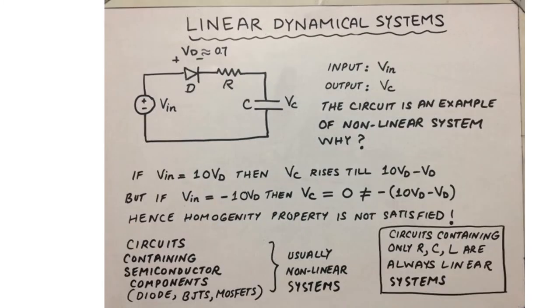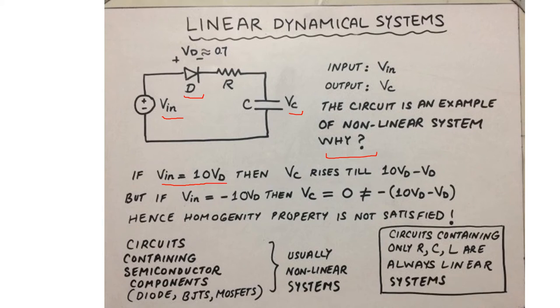Now let's take an example of a nonlinear system. And here we have a diode, the same input Vin and the output Vc taken as the voltage across the capacitor. Now we claim that this circuit is an example of a nonlinear system, but how are we going to show this? There are several ways to show that this system is nonlinear, but the simplest one would be the one that just utilizes a counterexample, which is that suppose Vin1 is 10 times the voltage drop across the diode,